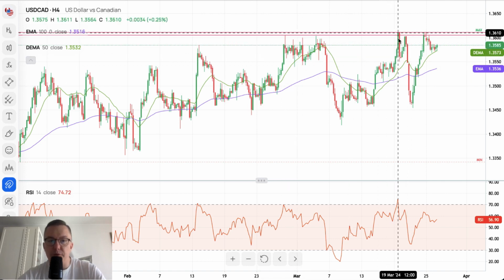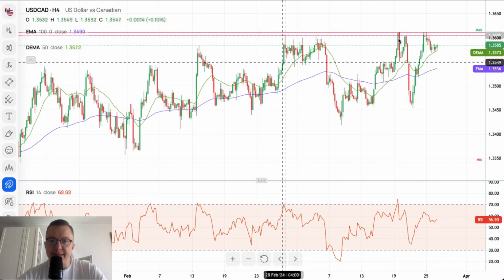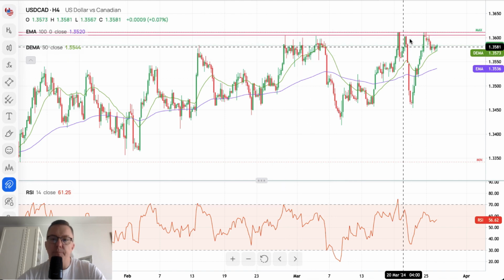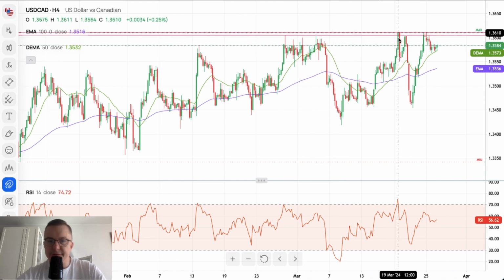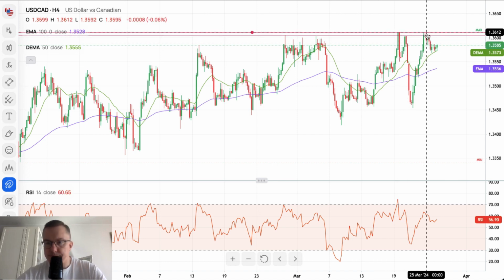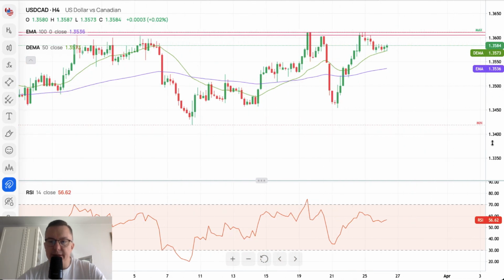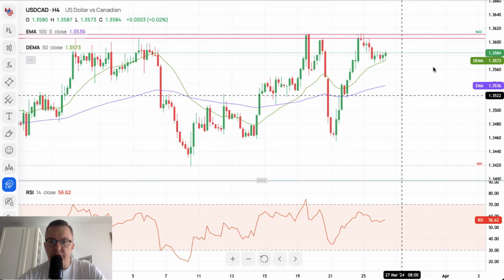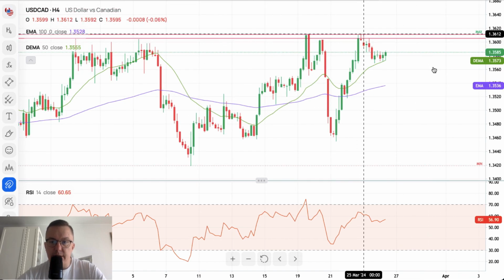1.36. So the key technical resistance at 1.36 was tested a few times before, two times last week. Still no avail, still no impulsive breakout above this level. So this might act as an important technical resistance for the bulls. Please notice that we got this rejection here in the form of some kind of a bearish sandwich and the harami pattern, and then we go down towards the 50 periods moving average